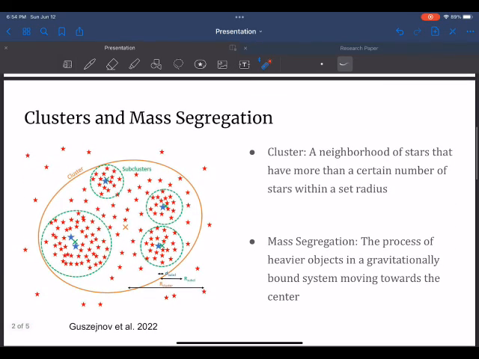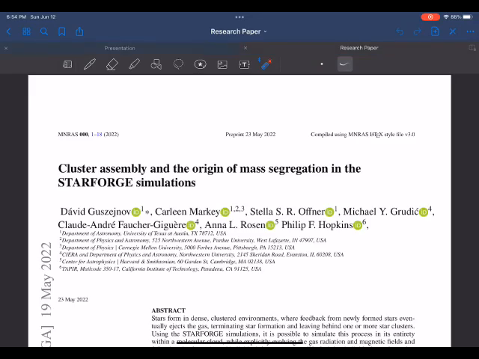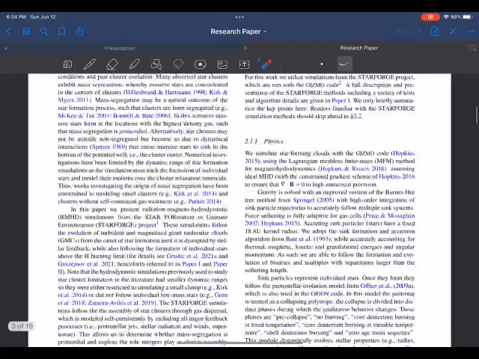Now let's move on to talk about clusters and mass segregation. A cluster is defined as a neighborhood of stars that have more than a certain number of stars within a set radius. The mass segregation, on the other hand, is defined as the process of which heavier objects in a gravitationally bound system move towards the center. Now, these two terms in astronomy do not have a consensus definition, so the researchers had to make up their own. For clusters,